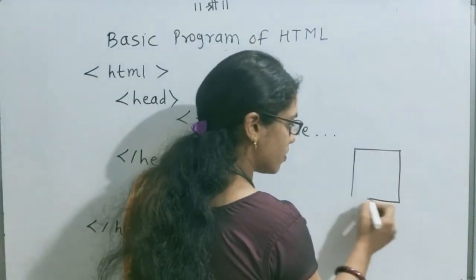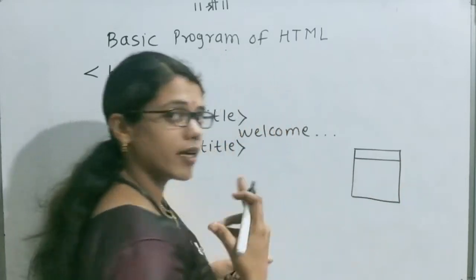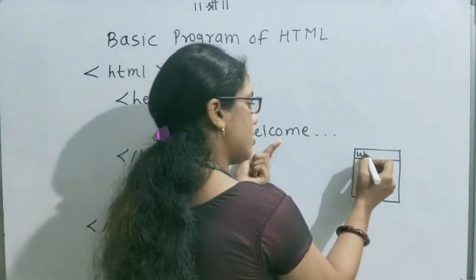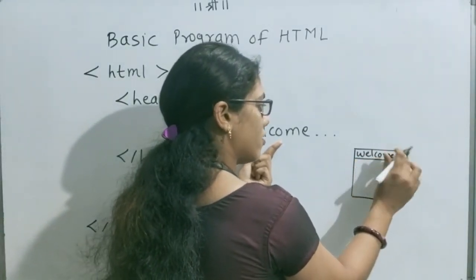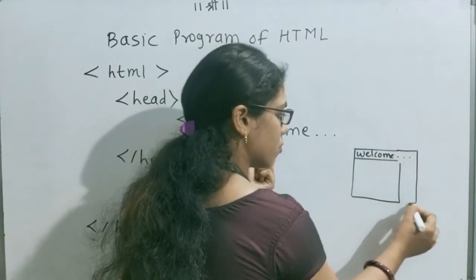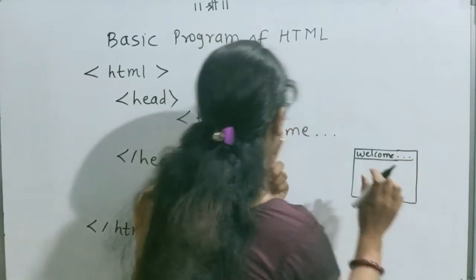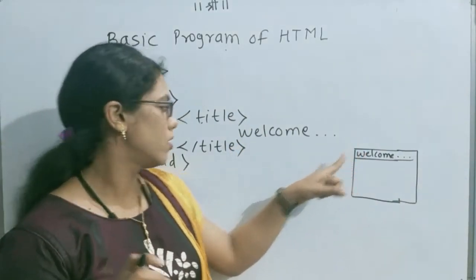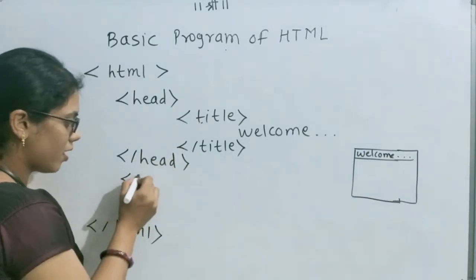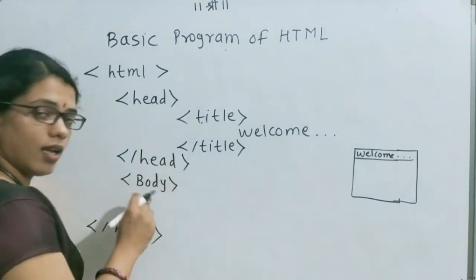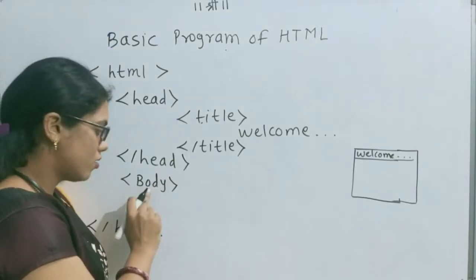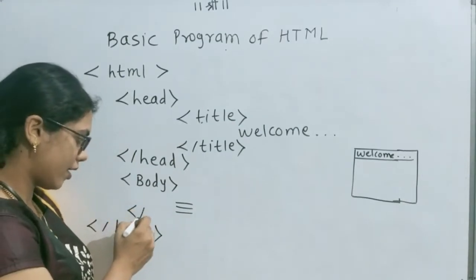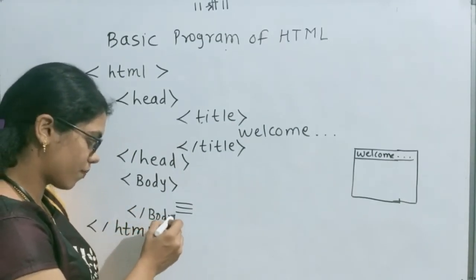When we open any website, there is an address bar, there is a title bar. So inside that title bar, our title is displayed as welcome and the same 3 dots. Whatever you write inside that title tag is displayed as it is inside the title bar. This is the basic part, and your main output depends on the element content of the body tag. So body tag, here your whole code, whole program, and then body tag closed.